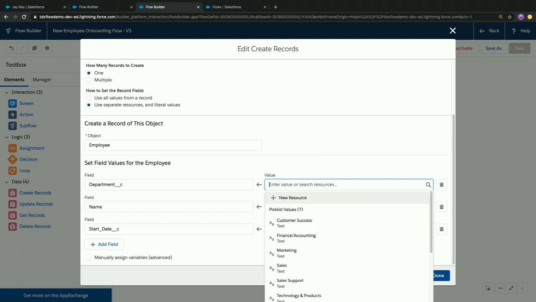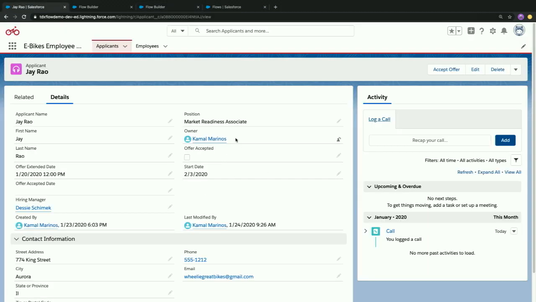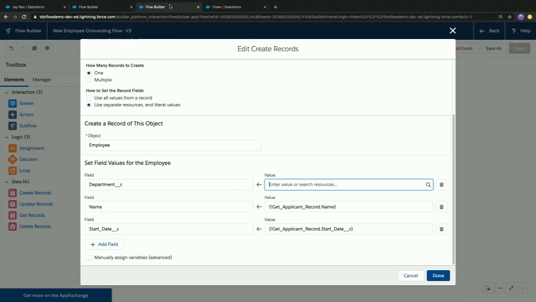All right, so what I'm going to do here is set 3 values, and let me just clear this out for a second. We're going to set the department. In this particular situation, we have a hiring manager, Desi Shimmick, and we want to set the employee's department to be the same as the manager.